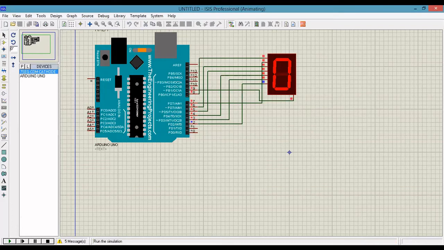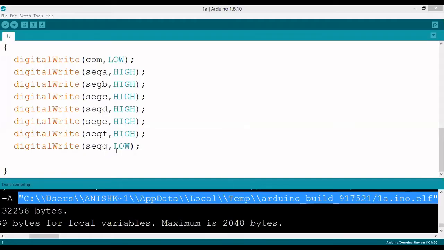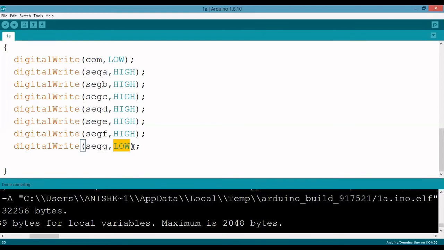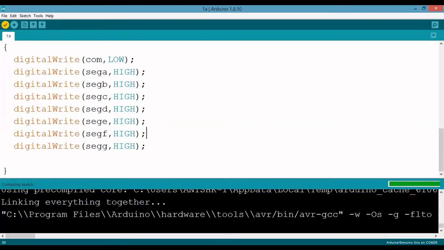Suppose I am going to display 8. So I want to do small changes. Here the G is low. I am making it high. If I make it high, all the LEDs are on, so we'll get the value 8. Click the verify button.